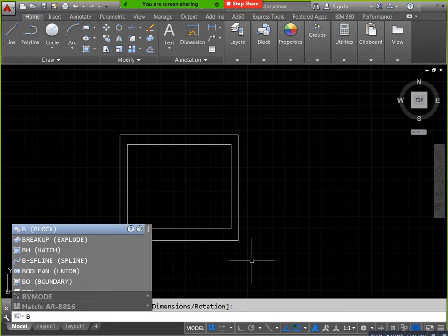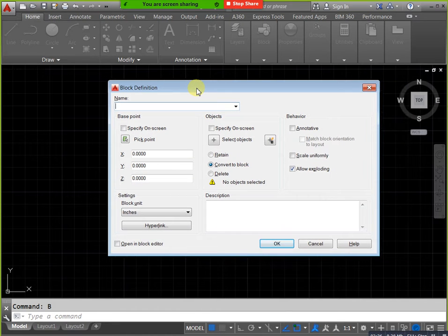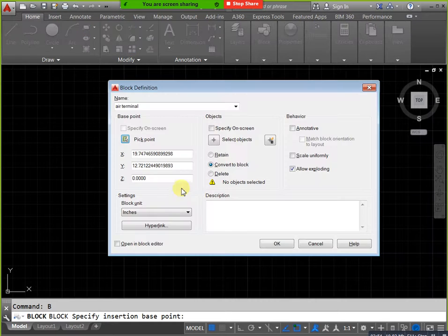This is Block, meaning temporary block, and it automatically opens like this. This is the Block Definition dialog box. In this box, just observe here, first of all it is asking for a name. You can specify your block name. For example, that is AC terminal, you can mention here AC terminal. Okay, next you can select your pick point. In the placing condition, this block item I need to place in a new project. In that condition definitely we need one reference point. For that purpose you can select that. For example, based on the center point I need to place my block. You can select that as my base point.